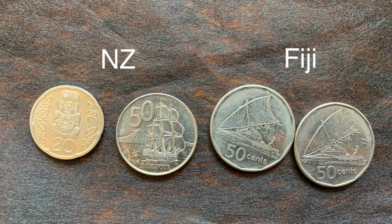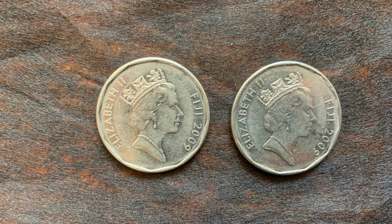These are from Fiji. I have 3 coins. 2 of them are 50 cents, and they resemble the 20 cents from New Zealand. They're just a bit bigger. They also have a ship on it, and one is from 2009 and the other one is from 2009, so they're basically twins. Last one I have from Fiji is a